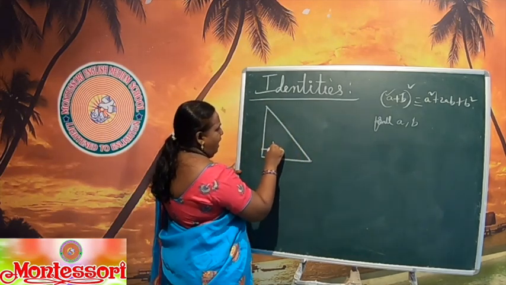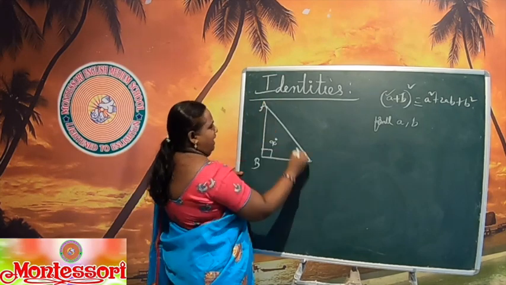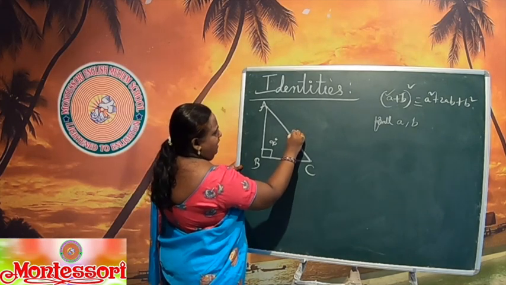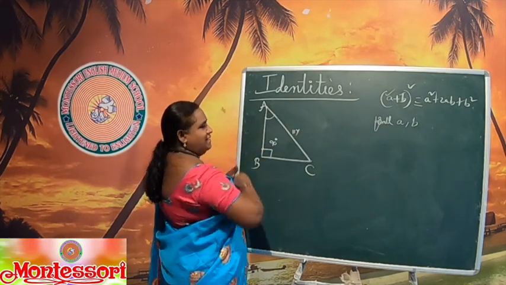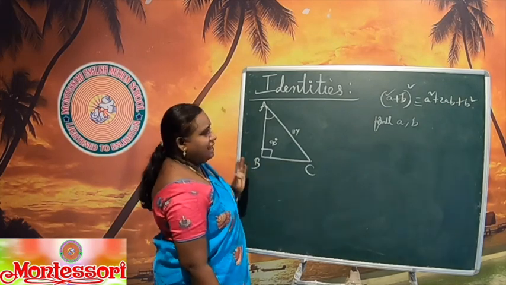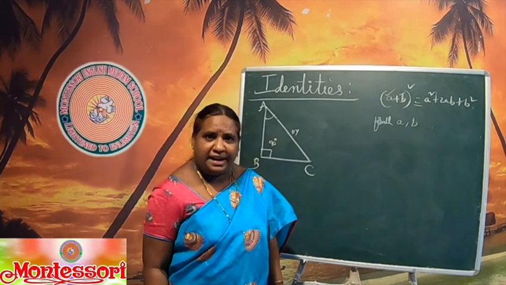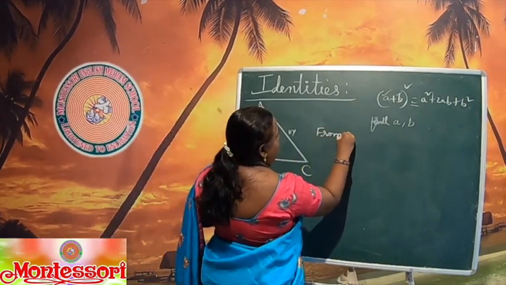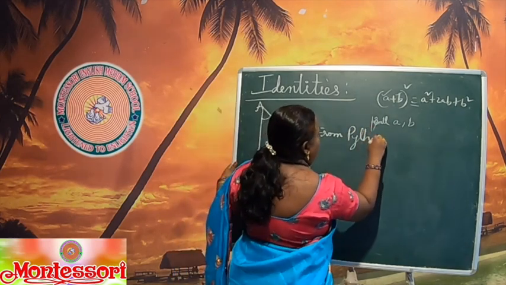So first I am going to take a right angle triangle. At our wish, I am taking ABC with B as 90 degrees. Now it is right angle triangle ABC. You know this is the hypotenuse, and suppose I am marking this as angle A. Based on this triangle, I am going to derive 3 identities. Are you ready? Now see, from Pythagoras theorem, what can you say here? Pythagoras theorem.